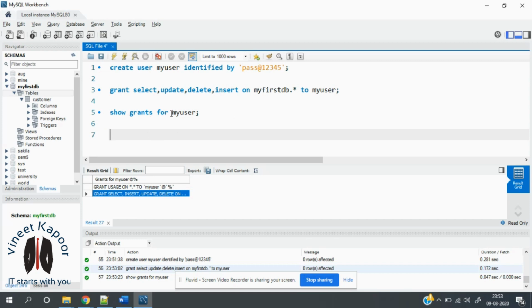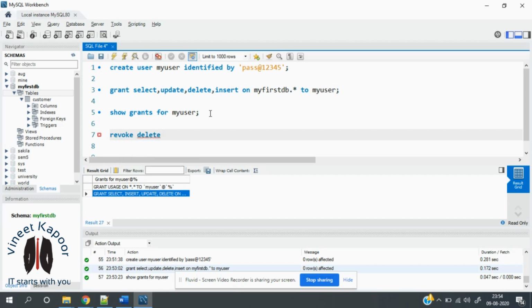Now next is if you want to revoke these things. So suppose you want this myuser to not delete, okay. So you want myuser to not be able to delete anything from the database, okay. So for that you have to write the revoke command. So revoke, then you have to say which thing you have to revoke. So delete.